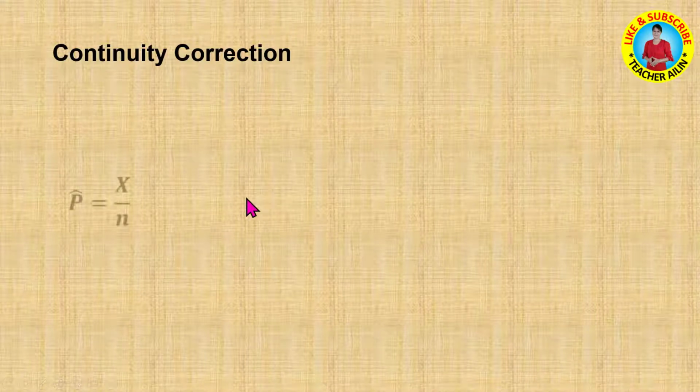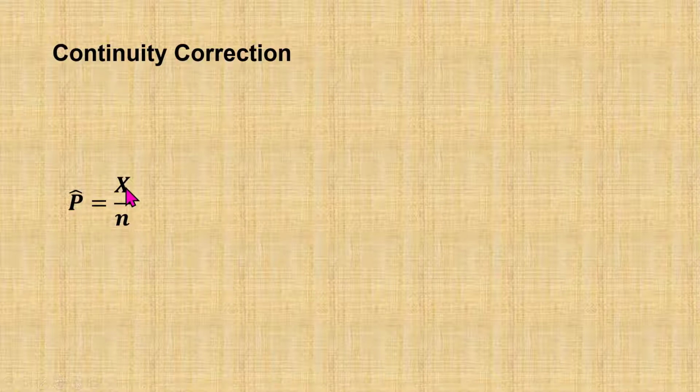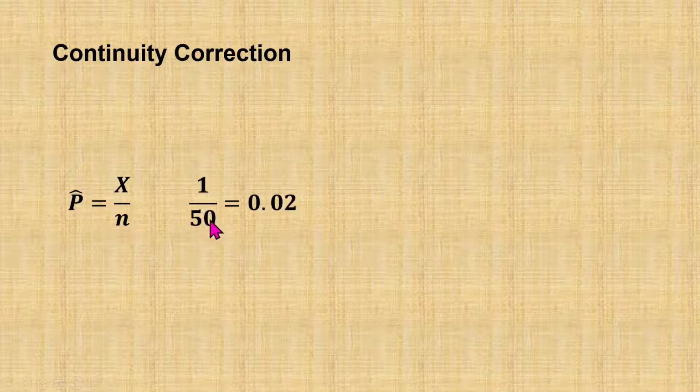Since the sample proportion is a discrete variable and normal is a continuous distribution, continuity correction is needed before using normal to do the approximation for sample proportion. Since sample proportion is x divided by n, where x follows a binomial distribution, x only takes discrete values. So when x is equal to 1, and let's say n is equal to 50,